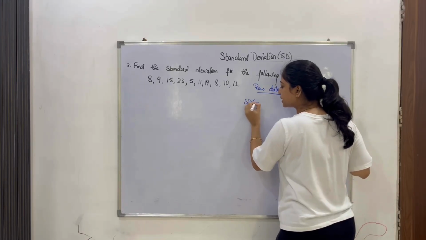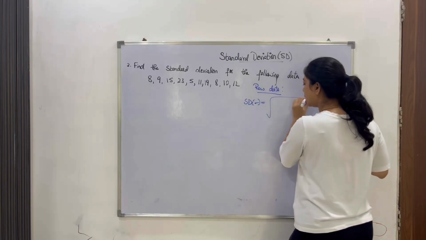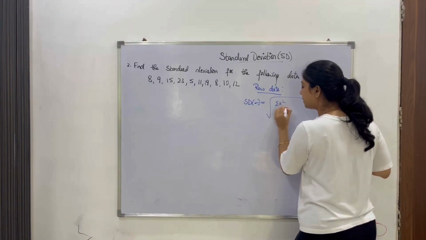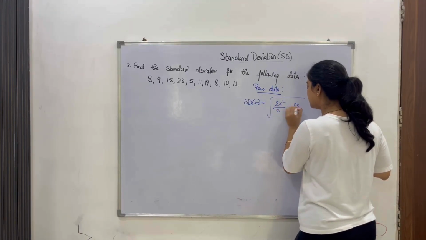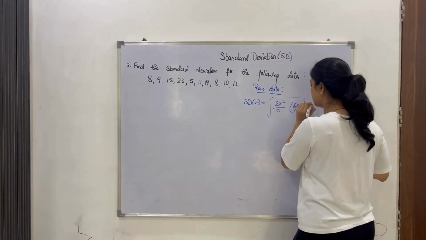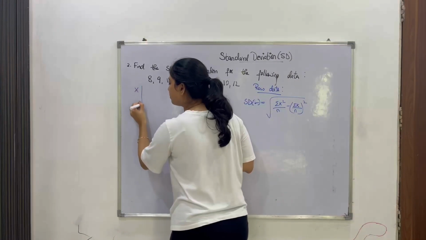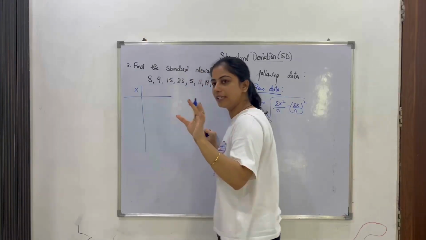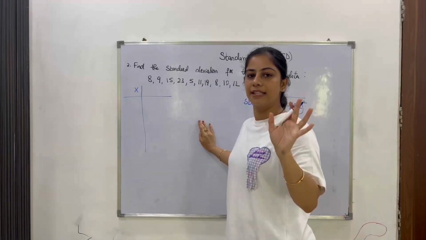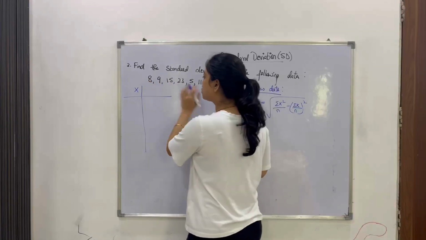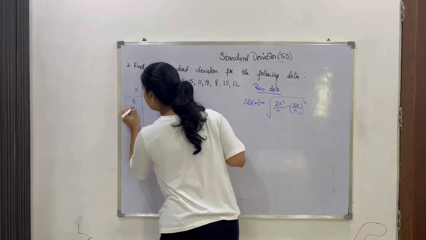Standard deviation sigma is equal to under the root summation x square by n minus summation x by n the whole square. So, first we will write down the data given to us under the x column. When only a single series of data is given, that is nothing but your x values or x observations. So, we'll write it under that: 8, 9,